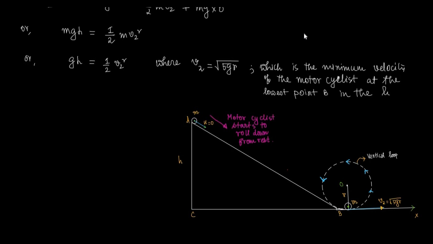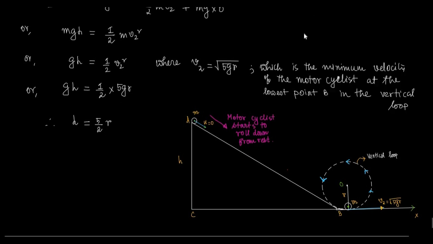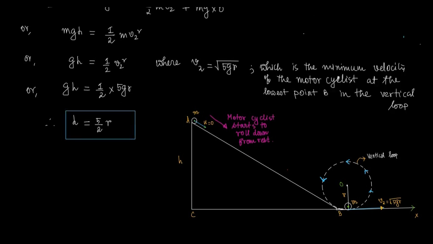Finally we get gh equal to v square by 2, where v2 is equal to root over 5gr, or gh is equal to half into 5gr, and we get the height h from which the motorcyclist will start to move. That will be h equal to 5 by 2 r. Therefore h is equal to 5 by 2 r, which is the height from which a motorcyclist should start to roll down